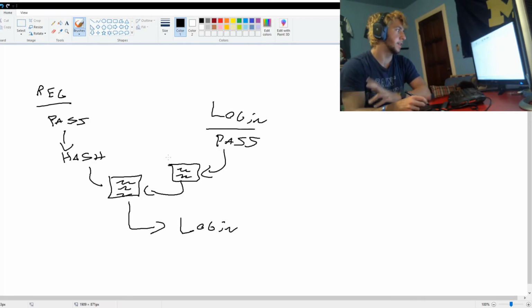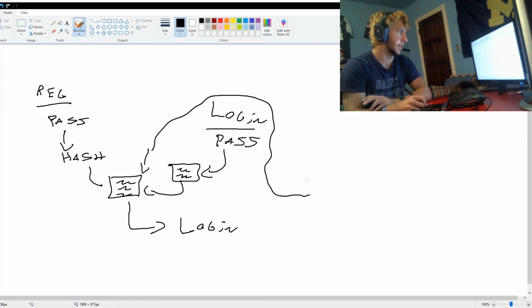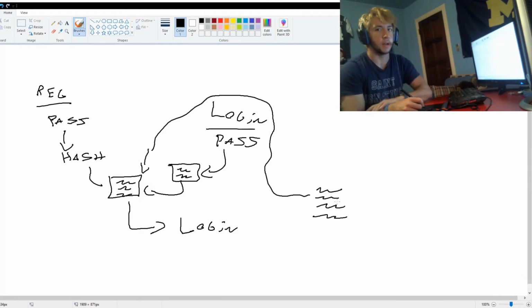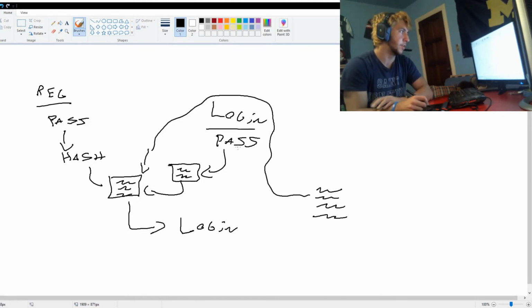Now, say a hacker had managed to gain access to this main security and they found everything that's inside this database. All they have now is these lists of hashes that represent passwords. Now, this is some info. This isn't info you want to give out freely, but it does a lot towards stopping a hacker from getting access to accounts, because when they are attempting to log in, they don't have the original password.